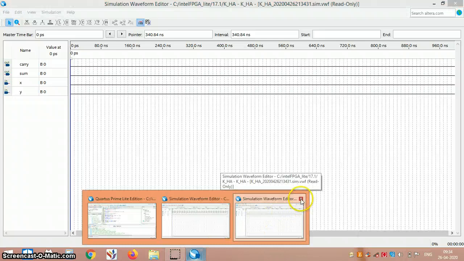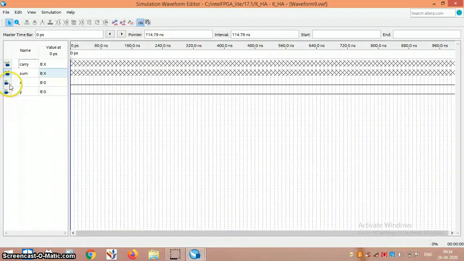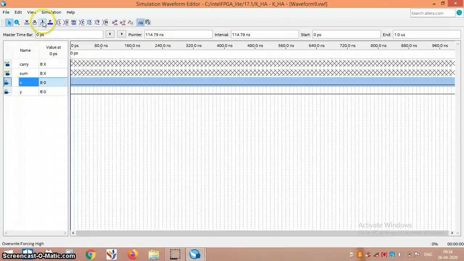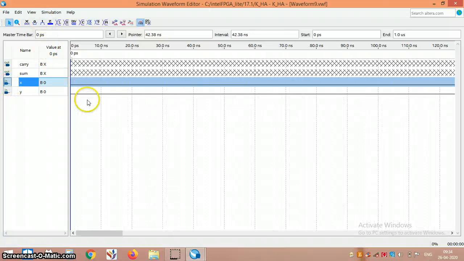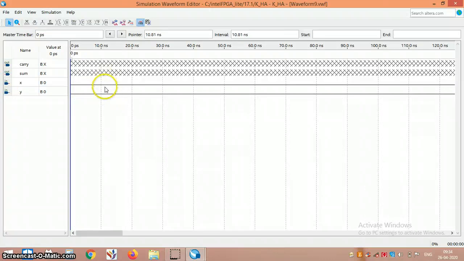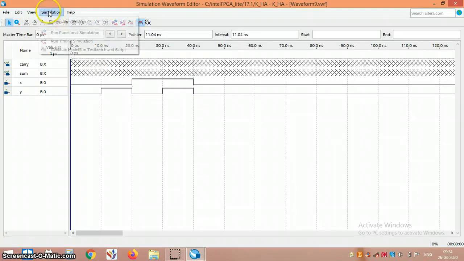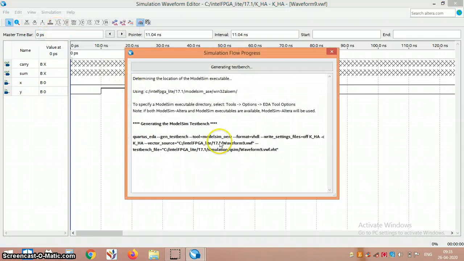Now I have not given any type of input, still I have got the output. I have not given bins, I have given 0 0. Now I am changing the input, where X and Y are both inputs. This must be 0 0, then this must be 0 1, then it must be 1 1, then it must be 1 0. So all the possibilities are given on the input side. This is what we got. Control S and save it. Then we'll go for the functional simulation.